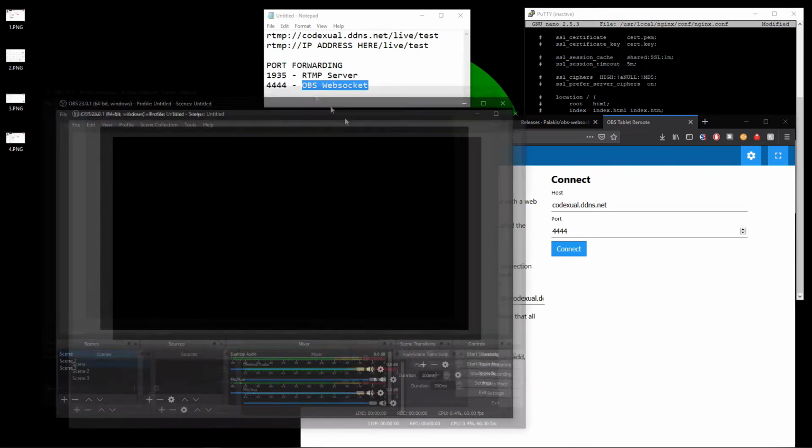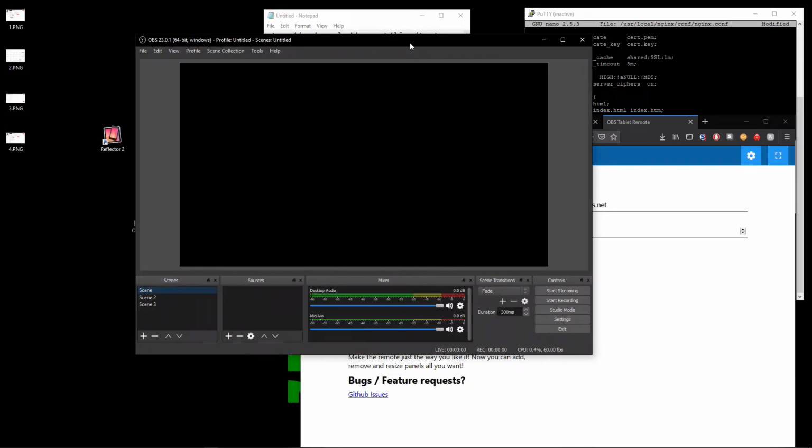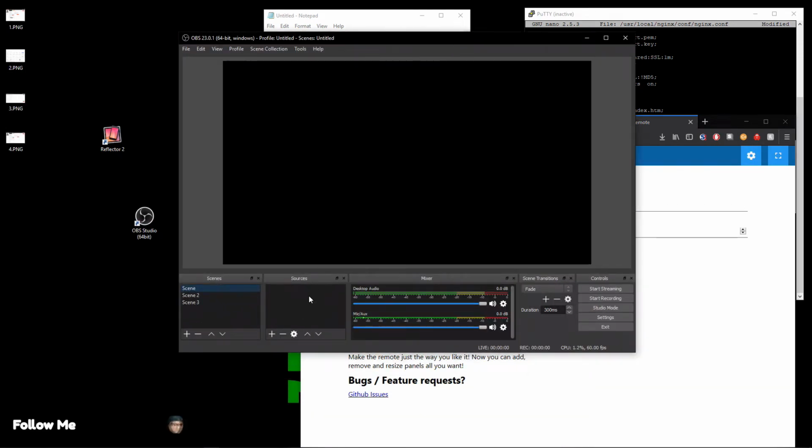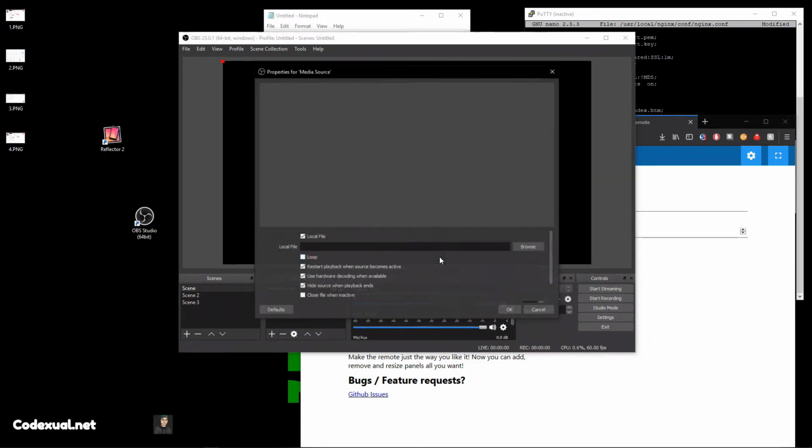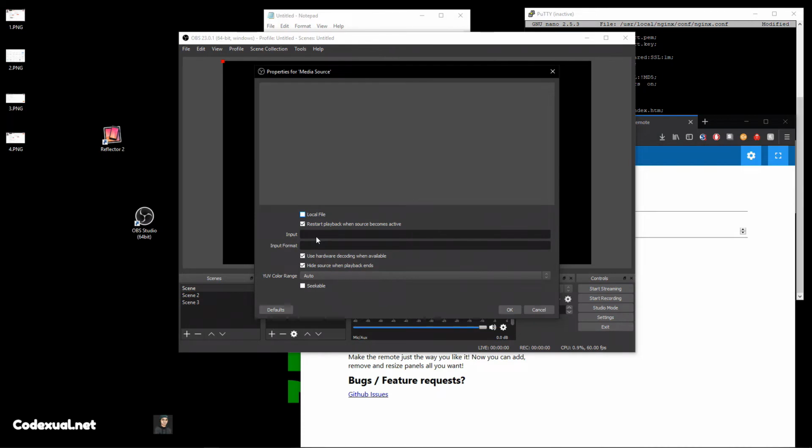So make sure that you have that port forwarded as well. I'm actually live streaming from my LiveU, and if I go towards my OBS, which I need to show you regardless, and we'll also go towards the Streamlabs OBS, we want to pull that feed. So if we go towards media source and hit OK and uncheck local file, it's going to be RTMP